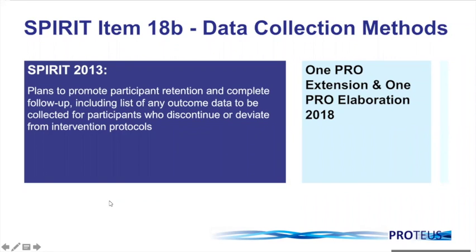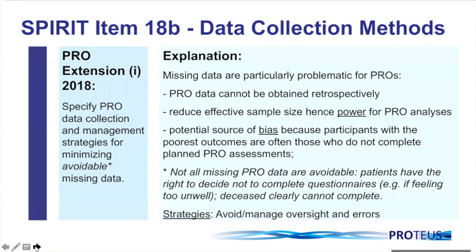I am starting now with item 18B, which continues with data collection methods. And the Spirit Pro guidance talks about participant retention and completeness of follow-up, and also about participants who discontinue or deviate from the intervention protocol. And this item has one PRO extension and one PRO elaboration. The PRO extension